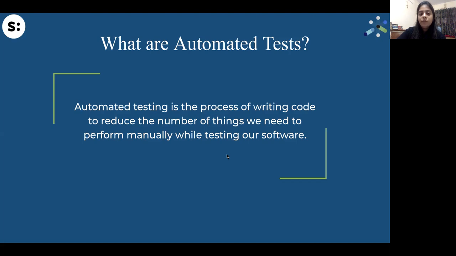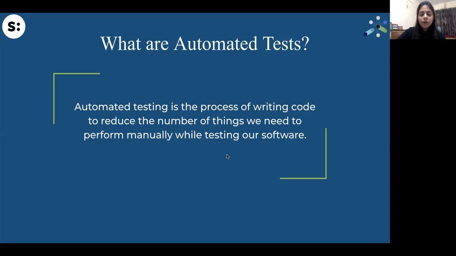So every time we deploy our code, or every time we build our applications, these automated tests run in the background, and if the actual results do not match the expected results, then they throw the error there itself, and you get to know in the very early stages that yes, there's some problem with your code, or your code may fail in some scenario or the other. So automated tests are really helpful there.